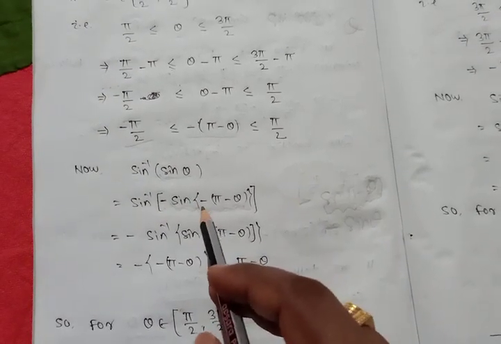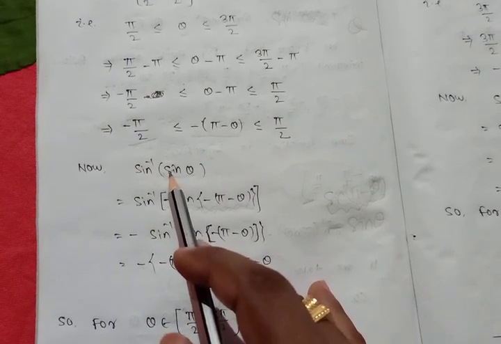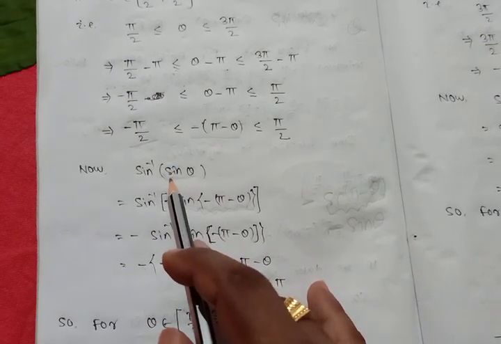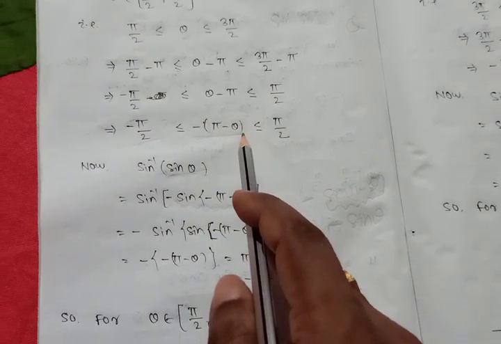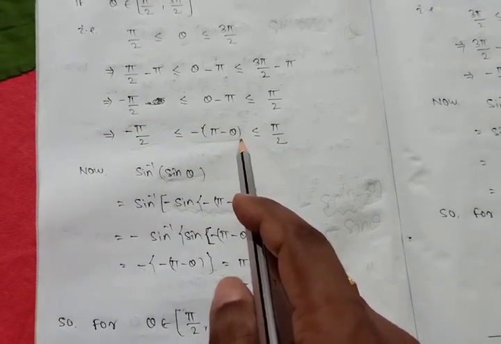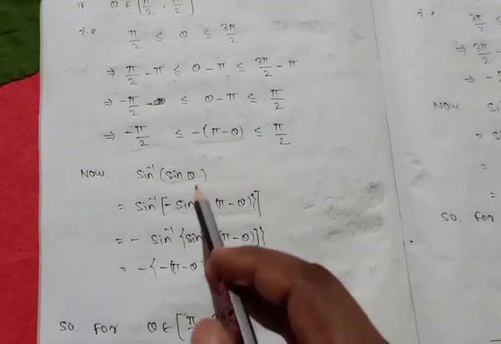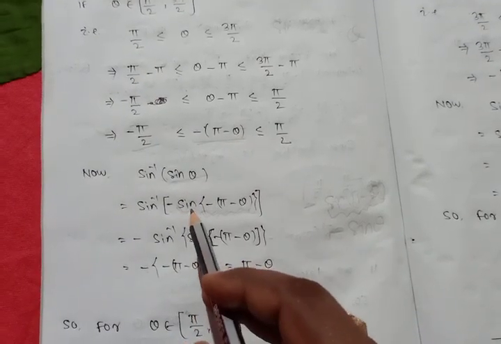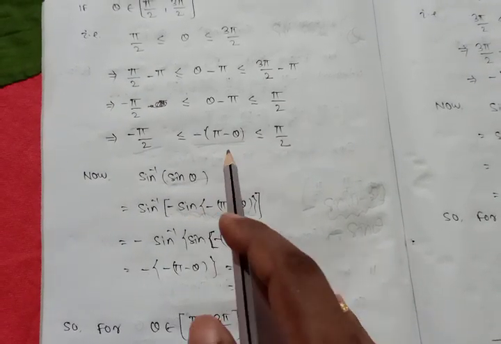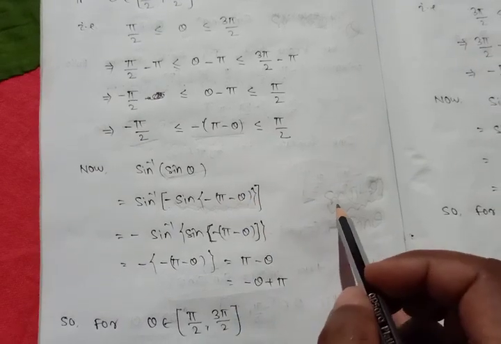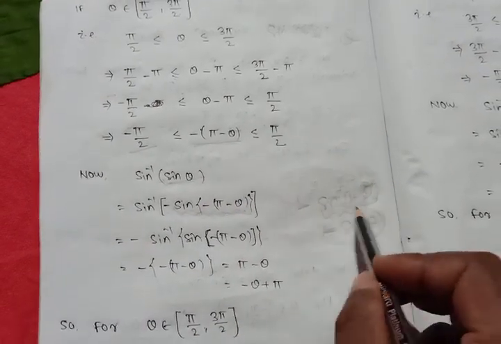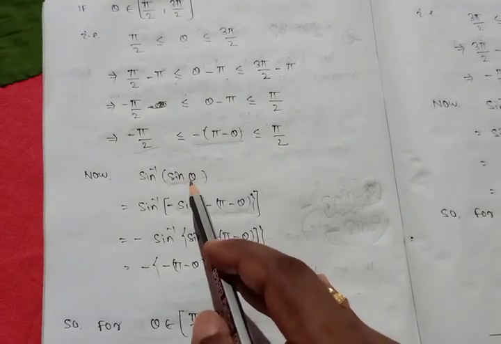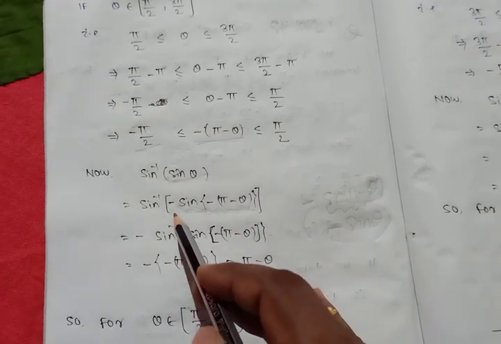Now think about it. What I am doing here, in place of sine theta, you put sine of this value and try to balance it. Balance means if it requires an extra minus symbol, put it here. So I am repeating again, I am putting sine of this one, but roughly I think this term is nothing but minus sine theta. But here you have sine theta, that's why I am putting an extra minus symbol.